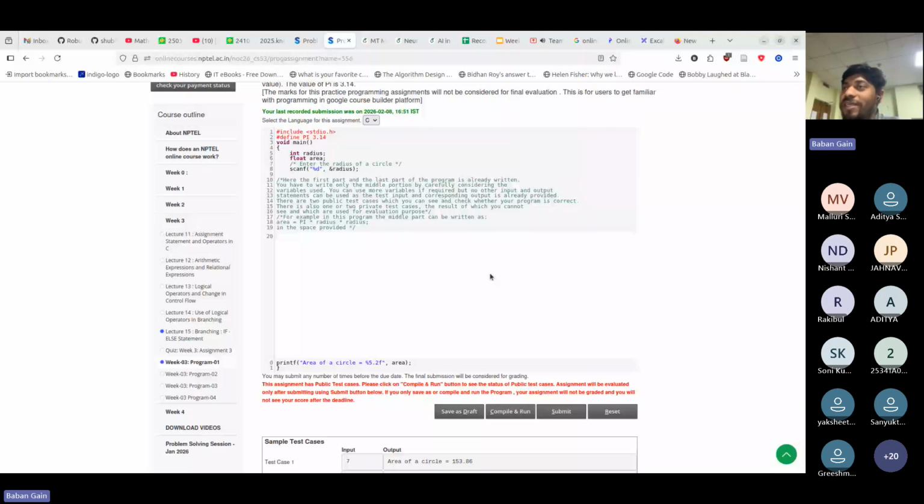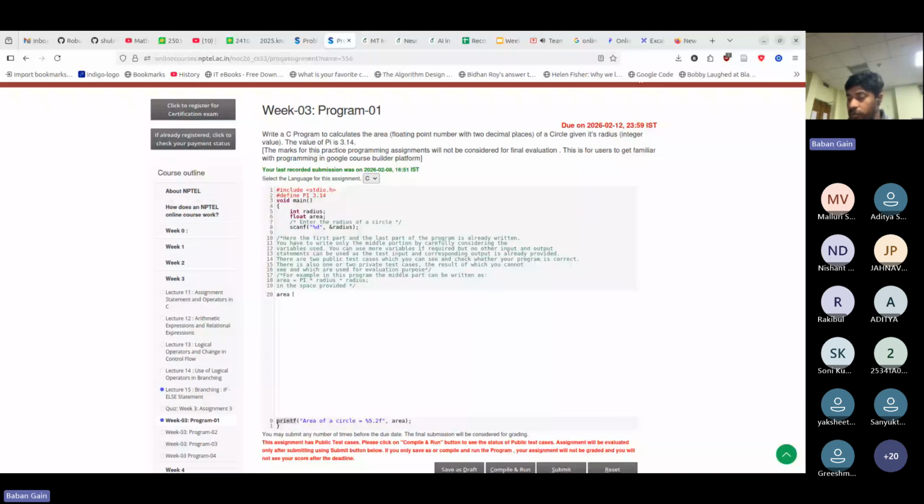So basically the answer is already given in the comment here actually. How to calculate the area of a circle? It is pi into r square, right? So pi here is 3.14, and r is the radius of the circle. The system will consider a variable named area. So you have to write in the space area equal to pi r square. Pi is already defined here. You can use that pi